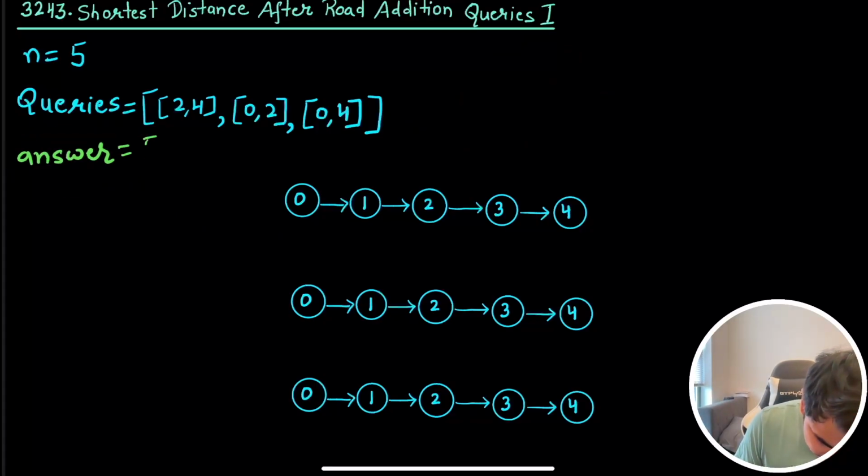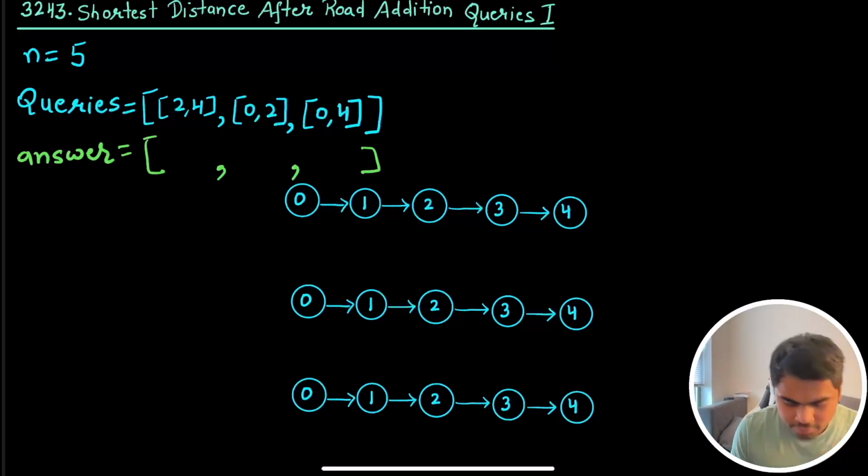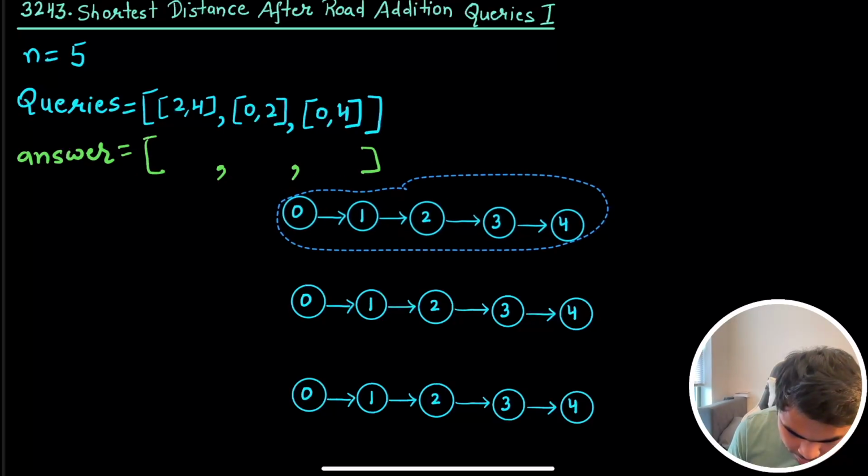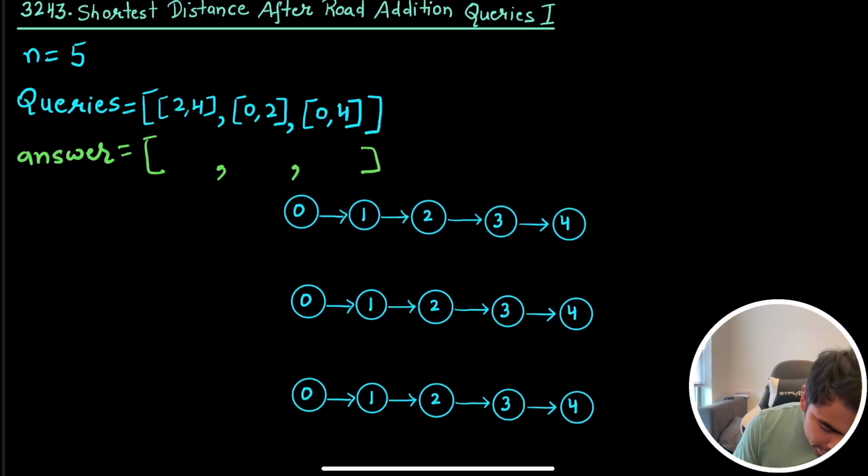But how you calculate answer is pretty interesting. Now your answer will be of the same length as queries. I'm going really slow, but that's because it's a really interesting problem. What's really happening is, the reason I have drawn three graphs right here: this is the original graph. Now each query represents an addition of an edge